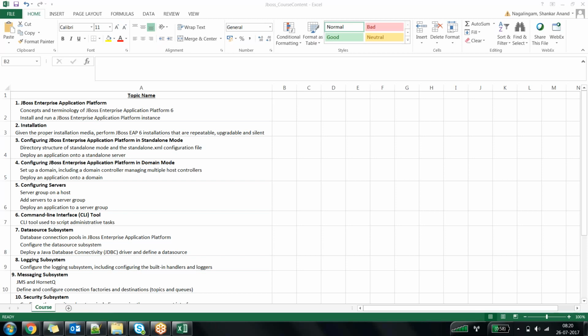If you say that for 5 years you've been working on JBoss 7, people will stare at you, saying it hasn't been in the market for more than 2 years, so how can you say you worked on it for 5 years? So I strongly recommend going with 6.4, both for understanding and from the experience point of view. But I leave that decision to you, which version you want to go with.